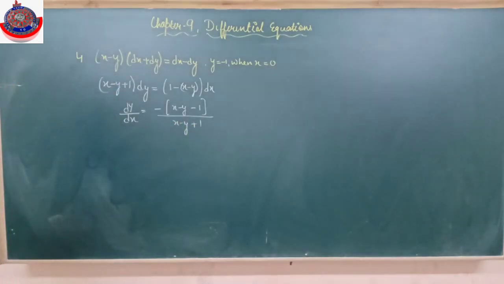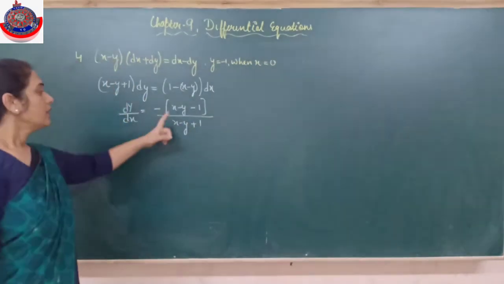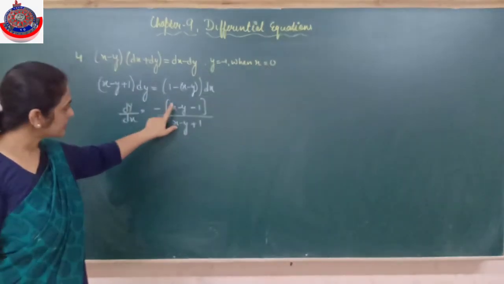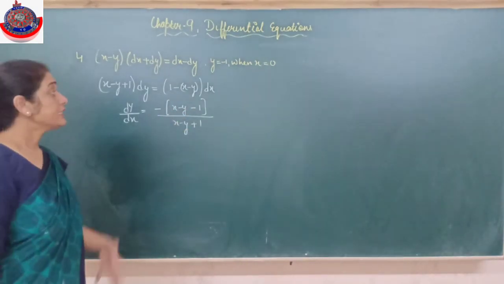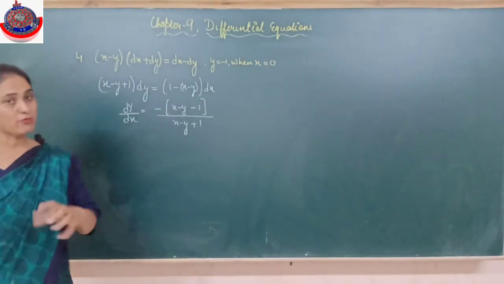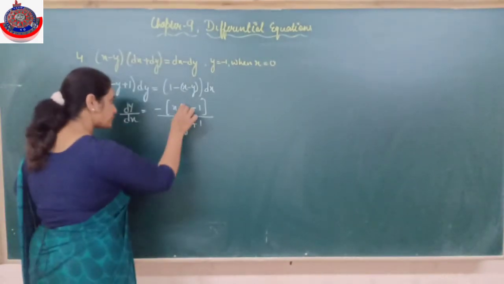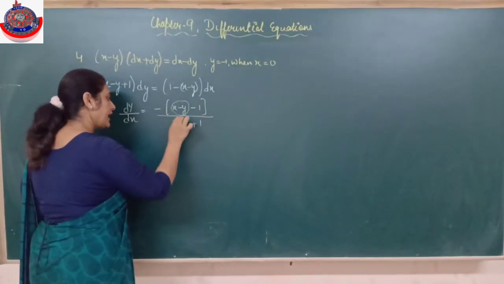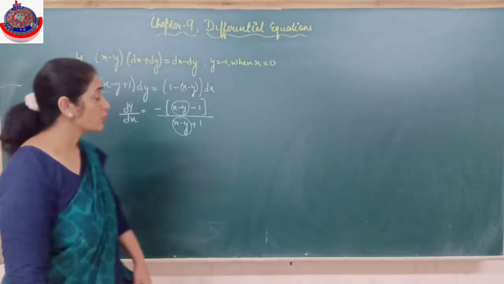Now I have to check the variables. I can't segregate directly because x and y are mixed. It is not a homogeneous equation, because the degrees here are 1, 1 and here 0, 1, 1, 0. It does not fall in the linear equation category either, because there should be one x and many y's or one y and many x's. That is also not. But if I see this, x minus y is here also, x minus y is here also. A little different question, so you need to put a mark on it.